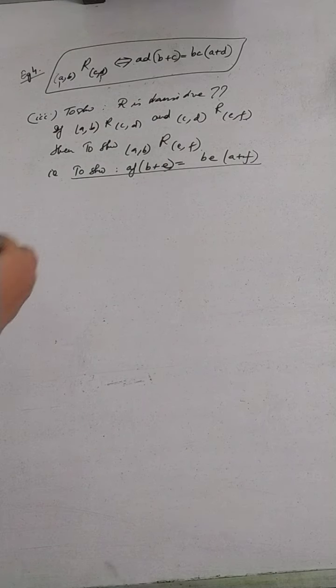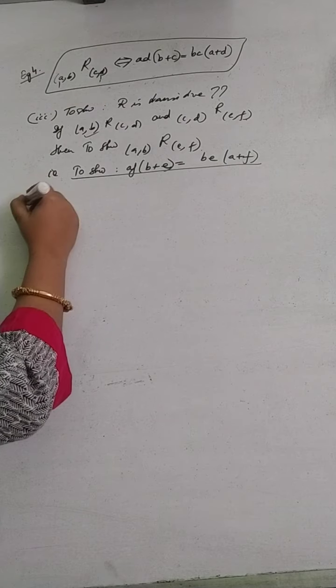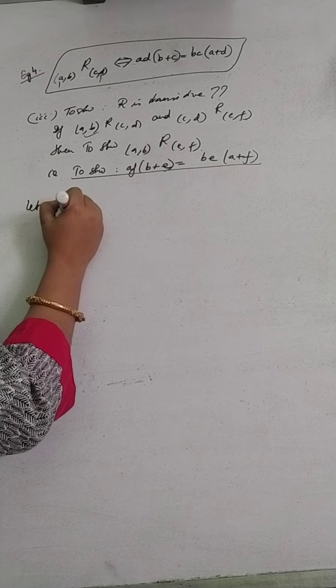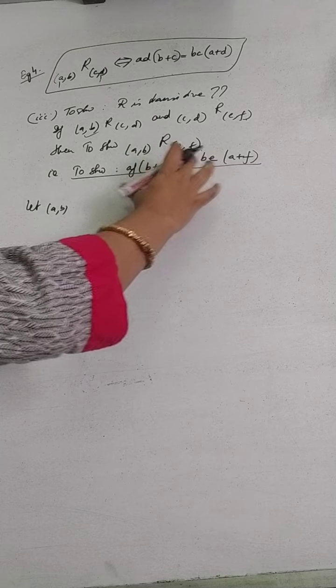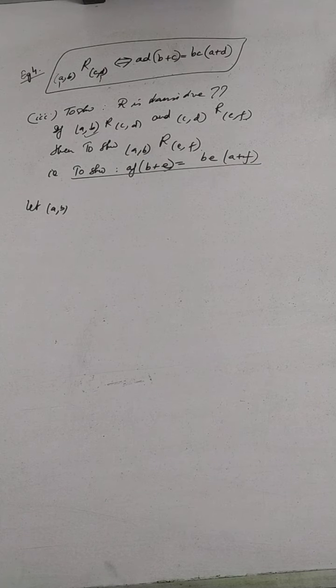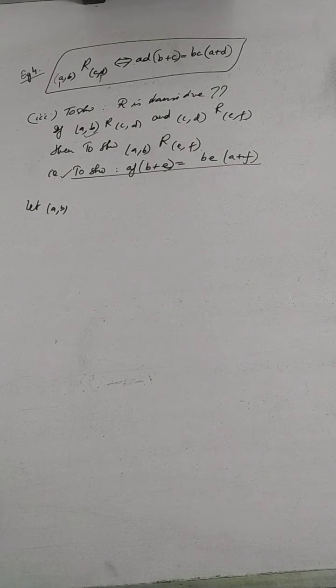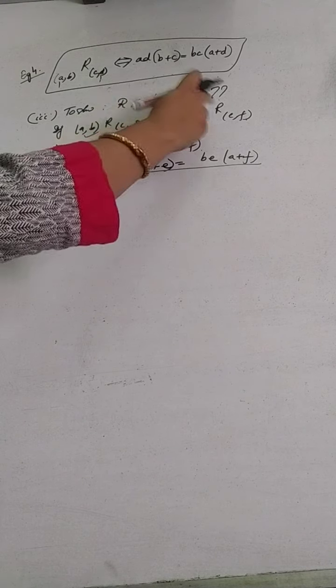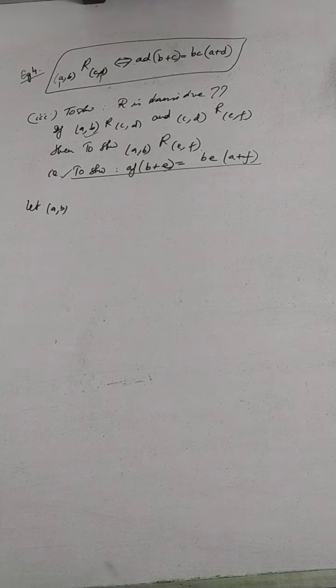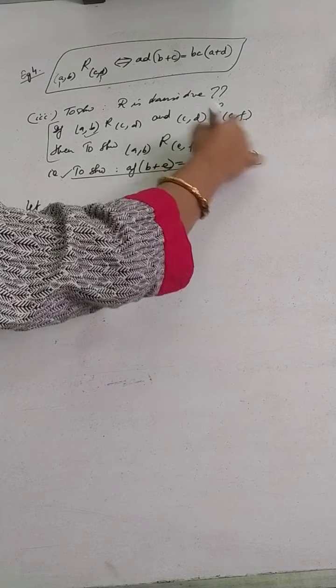Okay, so I am beginning with what I have assumed. In fact, this is something which you are thinking mentally. You can do it in rough work also, that what is the equation that I have to show, this is the equation that I have to show, and this part is something which you are thinking mentally, that if (A, B) is related to (C, D), I will assume that (C, D) is also related to (E, F), and then from there I will show that (A, B) is related to (E, F). Okay, so this is what you are thinking mentally.